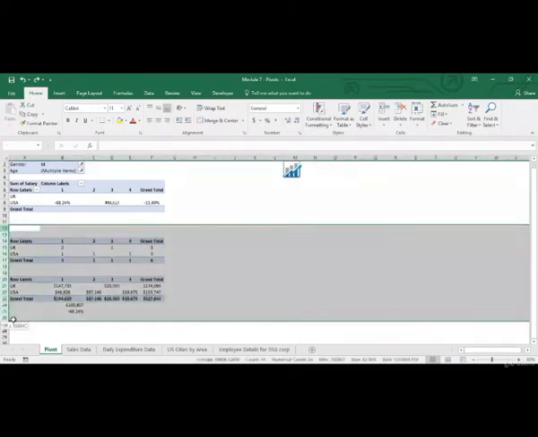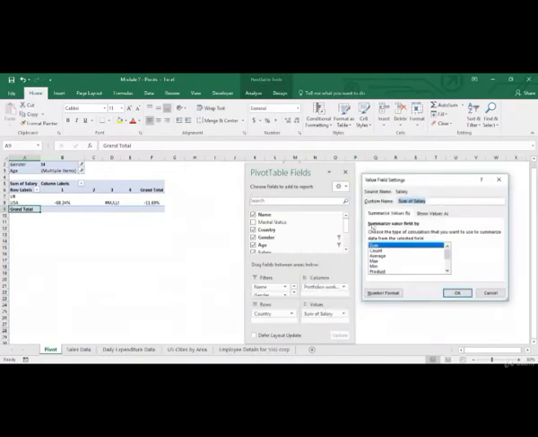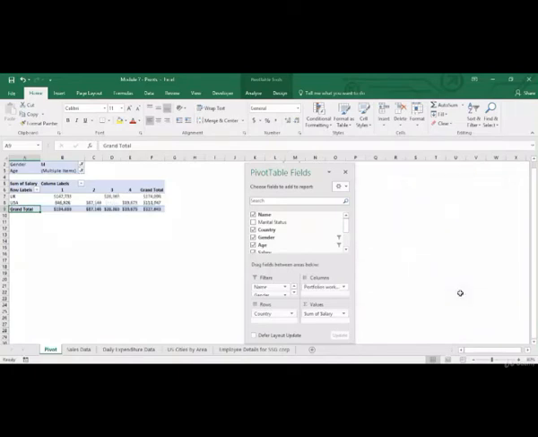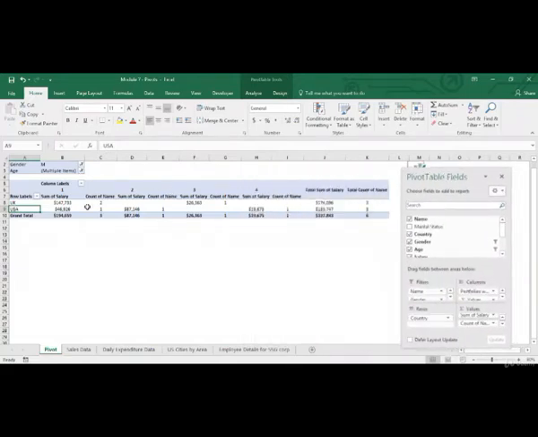Now let's play with the pivot. I'll delete this and I'll go back to no calculation. Now over here I've just got the salary, right? Now let's say if I also want to look at the number of employees. So I can drag one more variable over here, and now I've got the number of employees also across these different combinations. So I've got the sum of salary and I've also got the number of employees.